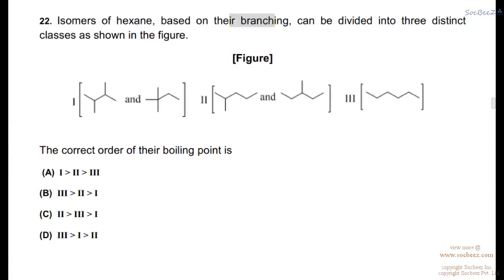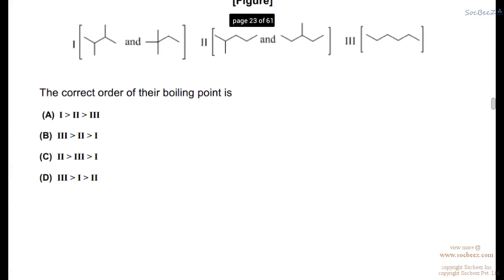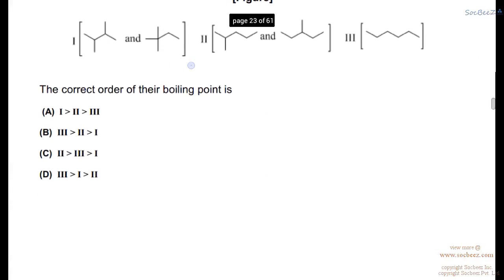The question states that isomers of hexane based on their branching can be divided into 3 distinct classes as shown in figure. Okay, so this is the given figure. So the correct order of their boiling point is,